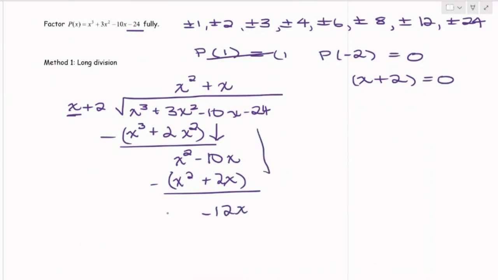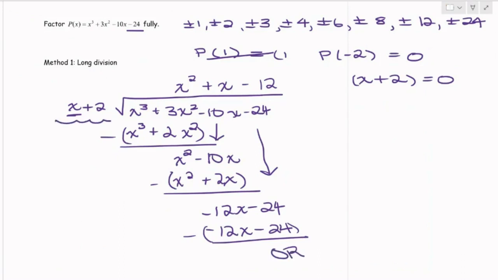Let's drop down the negative 24 and keep going. What does the x have to become or get multiplied by to become negative 12x? We need a negative 12 up here. So negative 12 times x is going to be negative 12x. And then negative 12 times 2 is going to be negative 24. We're going to subtract. This becomes negative 12 plus 12, so 0, and negative 24 plus 24, which is 0 remainder. That's how we know we chose our factor properly or calculated it properly, because we should get a remainder